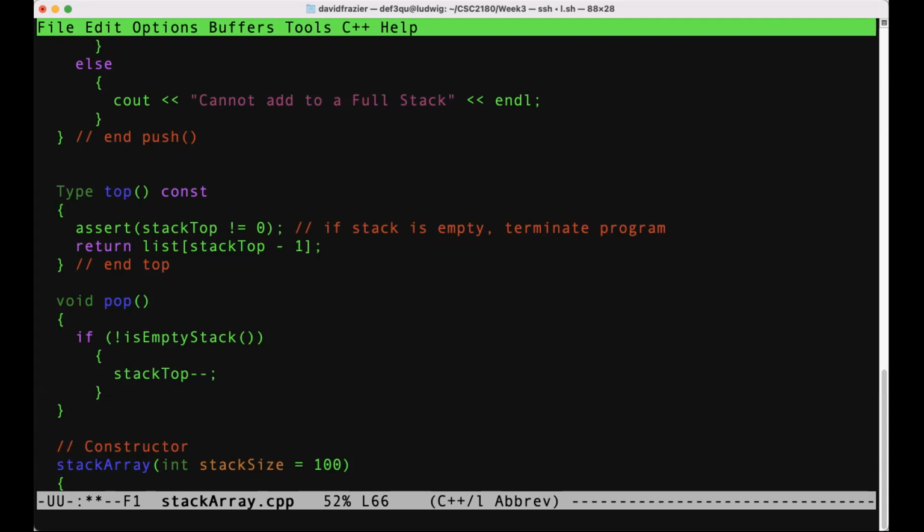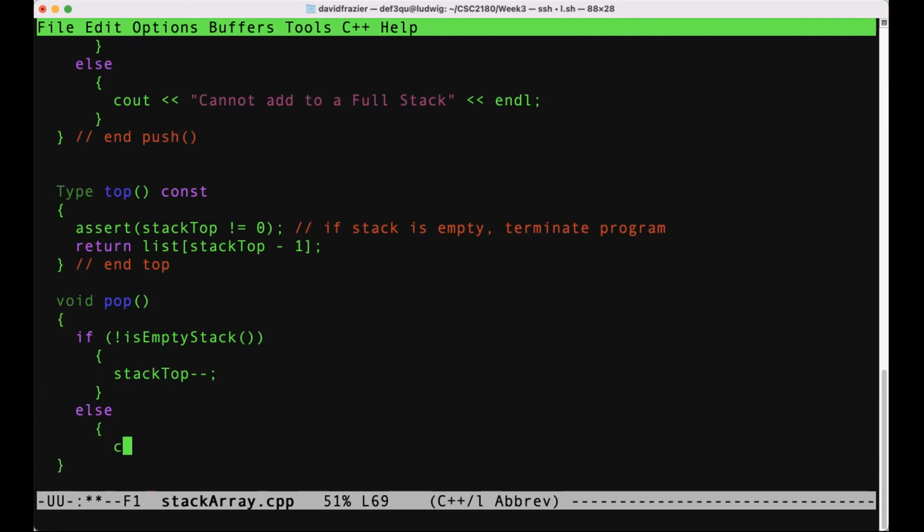As far as deleting the data structure, deleting the array when it goes out of scope, we don't have to worry about that. We thought we needed a destructor. We don't need destructors anymore. So there's some automatic garbage collection, so we don't have to worry about that at all. It'll all go away when an object of type stack goes away. So we don't have to worry about it. That's all we need. And of course, if the stack is empty, then